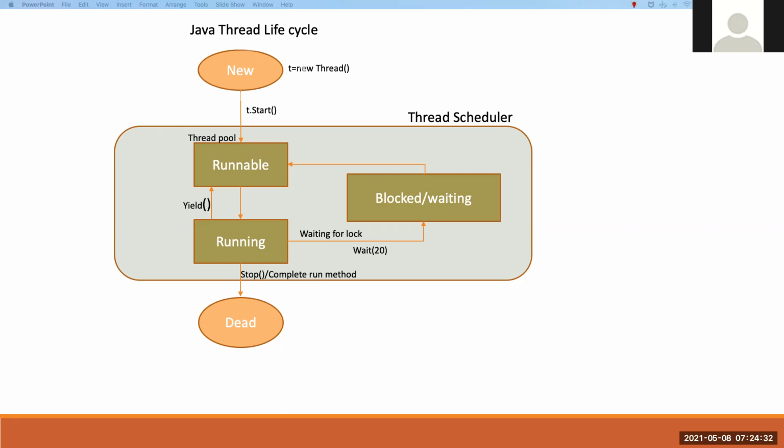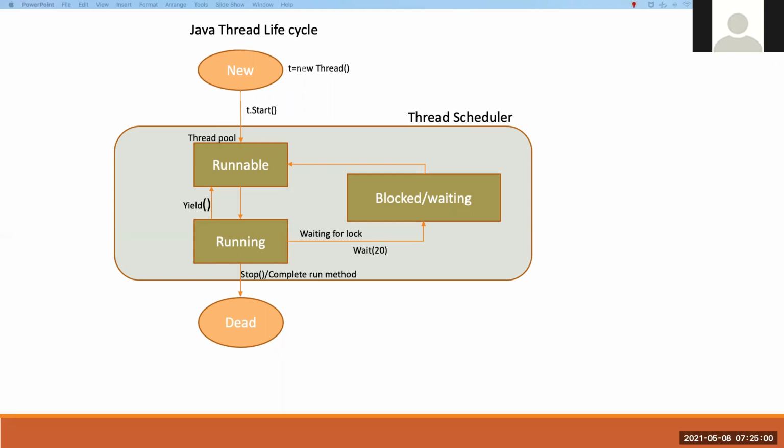When you create an object for your thread class, that object will be in the new state, the same as a normal object. Once you call the start method of your thread class, the thread moves from the new state to the runnable state.